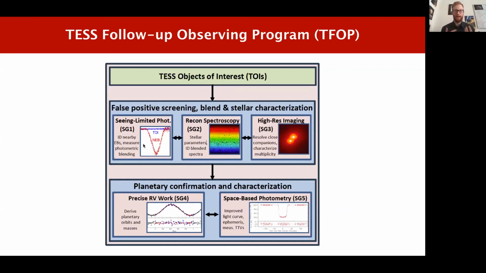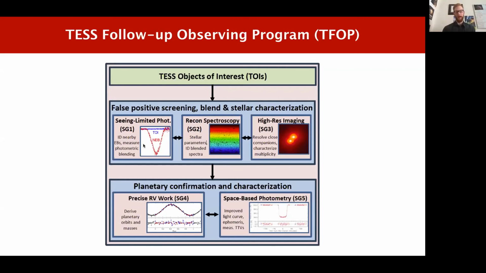members of subgroup 1 will obtain seeing-limited photometry from the ground to resolve the individual stars and try to confirm which star a transit event is actually happening on, or if that transit event is due to something that's not a planet. Maybe it's due to a background eclipsing binary that is happening on a fainter star that is close to the star that you think it's happening on,